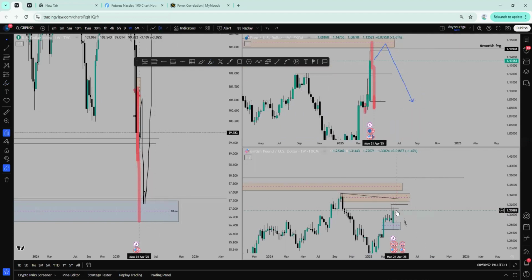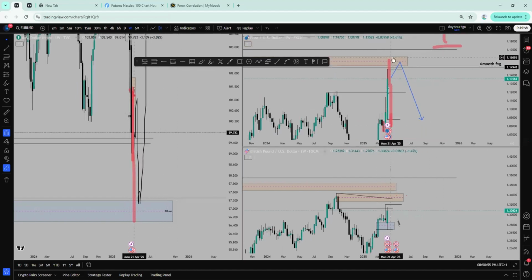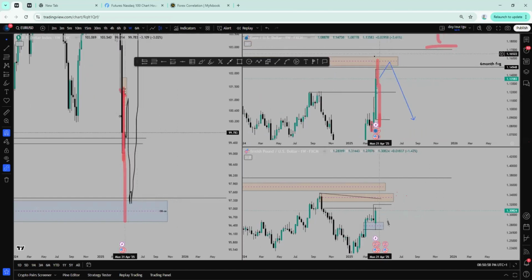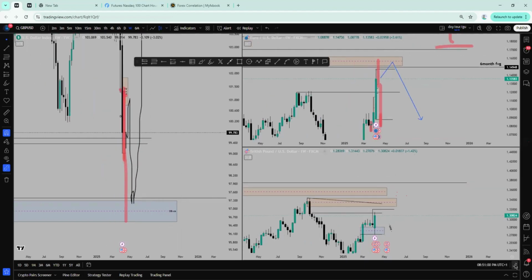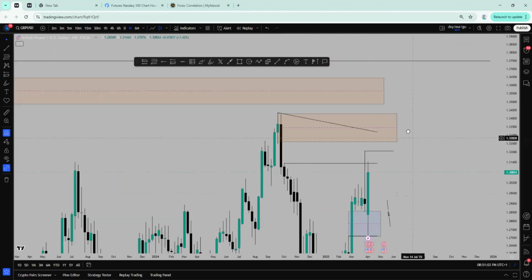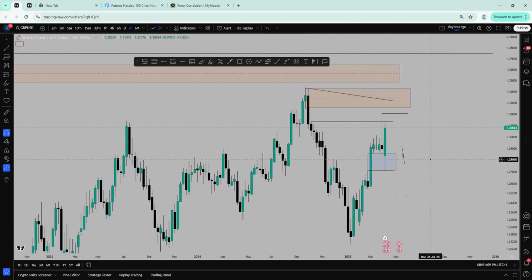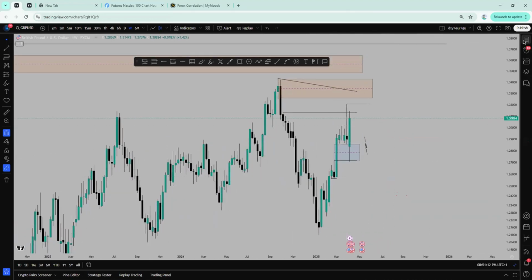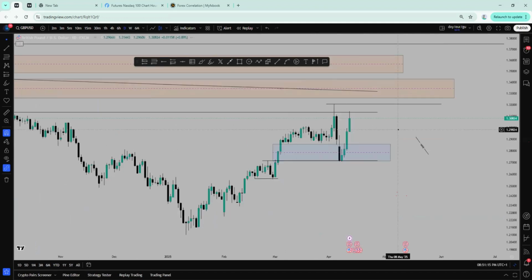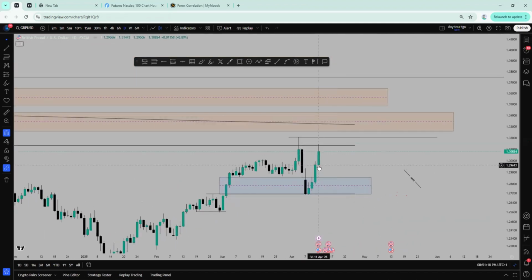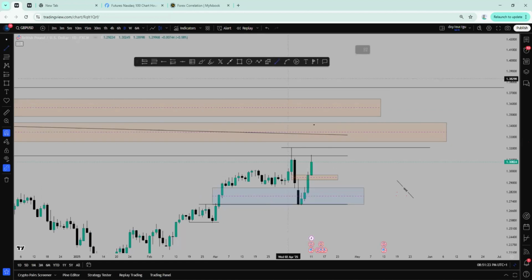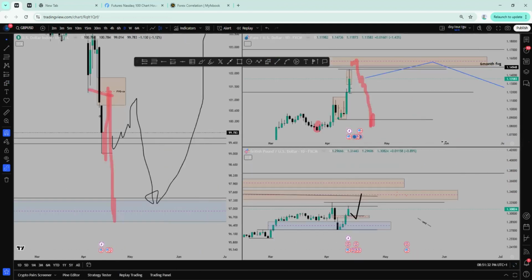If Euro USD is already giving us a confirmation sell on its own key level, and GU is still to take out this high, then we might be having an SMT from there, and that will mean deeper, lower prices for GU, right? So daily time frame on GBP USD, as we're expecting more buyers, we have this fair value gap here. We have this inversion gap, so there's a possibility that we can have price tip into this fair value gap like that, and then we continue higher from there. All right, that's for GU, Euro USD, and